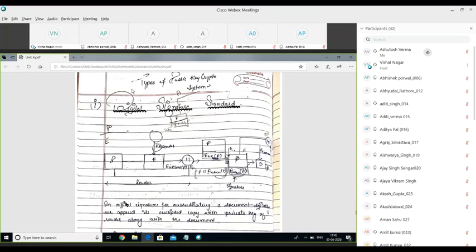I don't know the names of the scientists actually. I'm not able to recall the names. Rivest, Shamir, and Adleman. So there were three scientists. They developed this algorithm, which is an implementation of the public key crypto system.